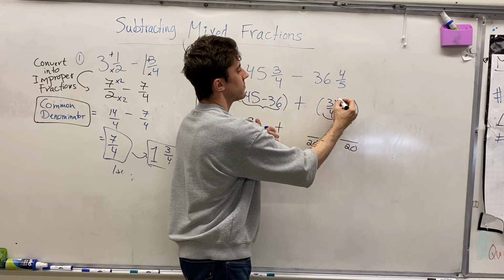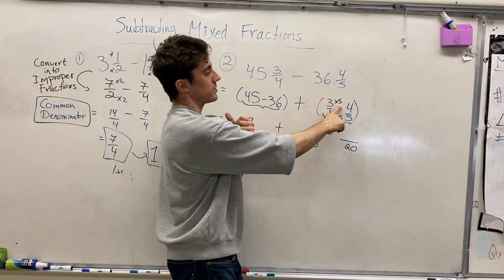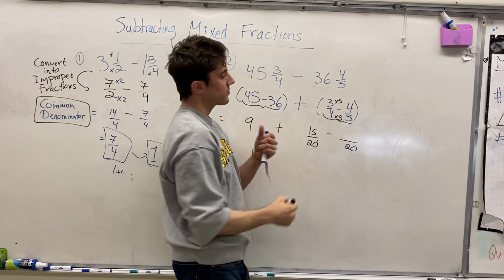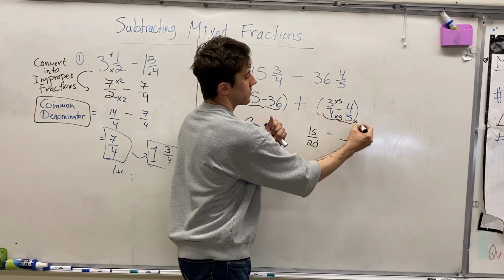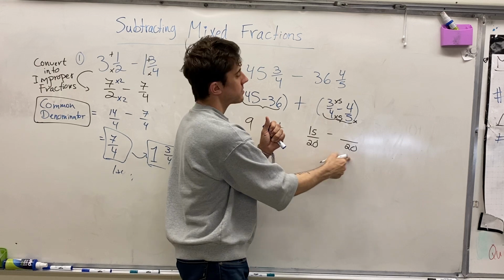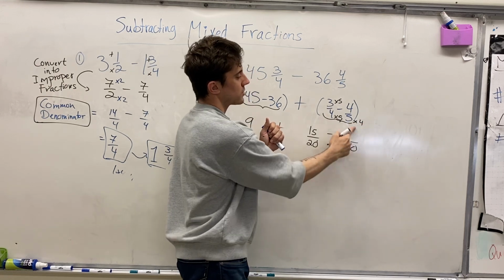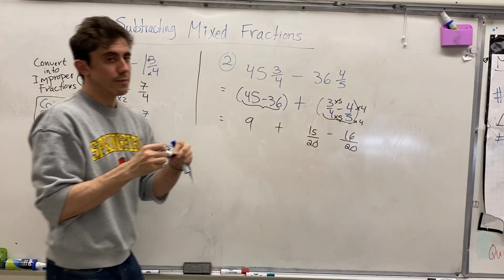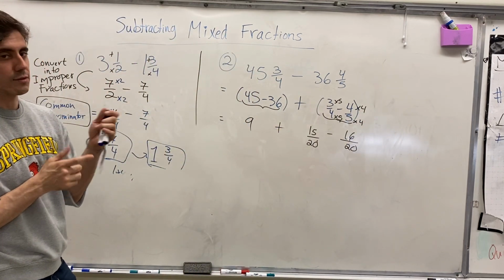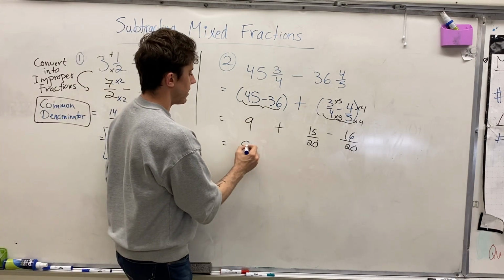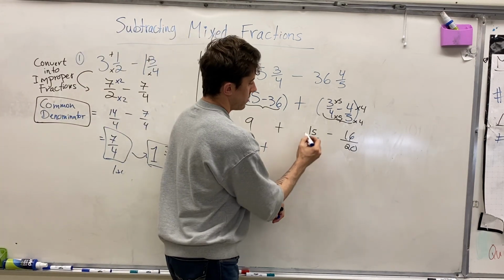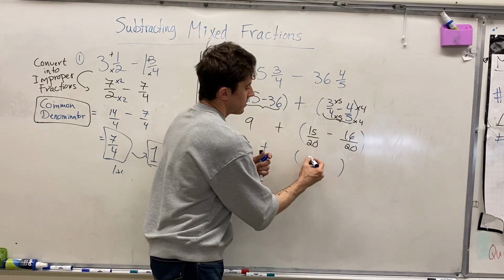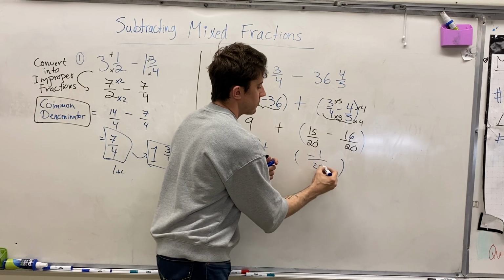4 times 5. And so we want an equivalent fraction, and so we always do the same to the numerator up top. 3 times 5 is 15/20. And likewise for the 4/5, we want to scale factor it to become a 20th. So 5 times 4 gives us 20ths. And to get an equivalent fraction, 4 times 4 is 16. And so you might wonder how we're going to deal with that situation at the end there. So now we'll have 9 plus, let's keep this in brackets, 15/20 minus 16/20, giving us a quantity of negative 1/20,